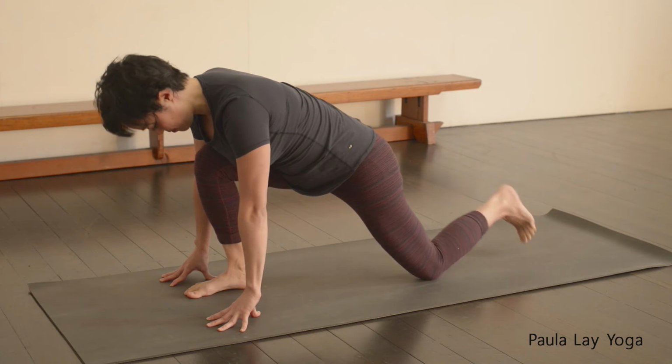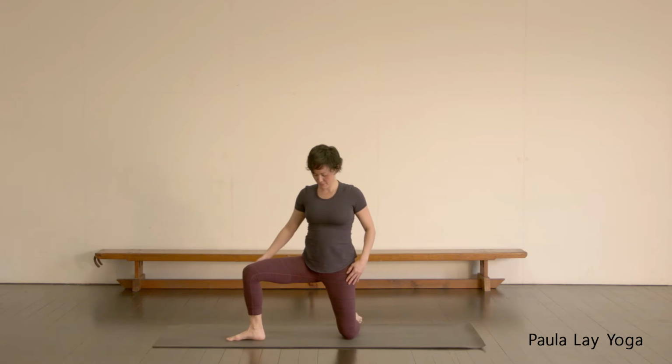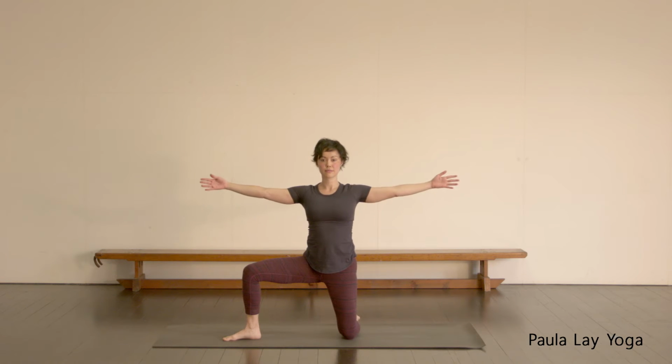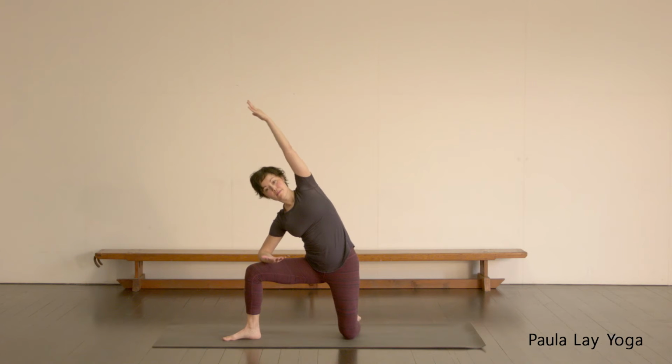in between the hands and come down to the left knee. Place that left foot behind the left leg, step the right foot forward, both hands onto the waist, so you're facing sideways. Extend the arms out to shoulder height, take an inhale, and then exhale, come down onto the right